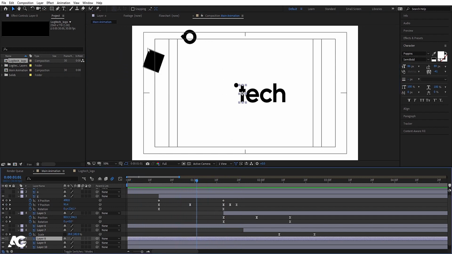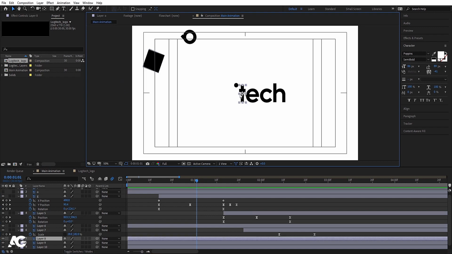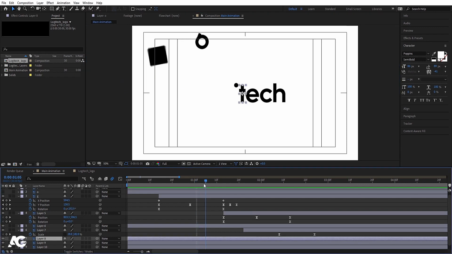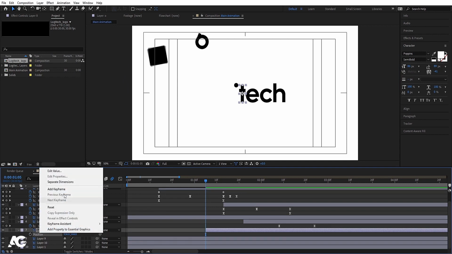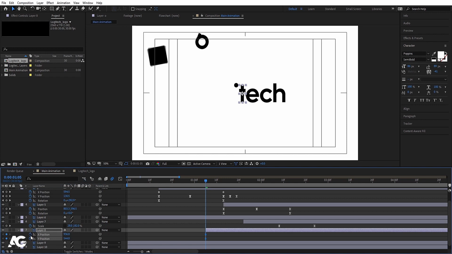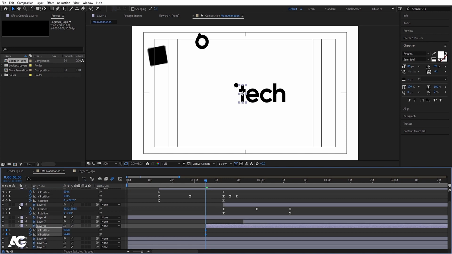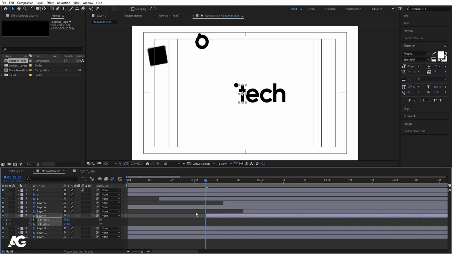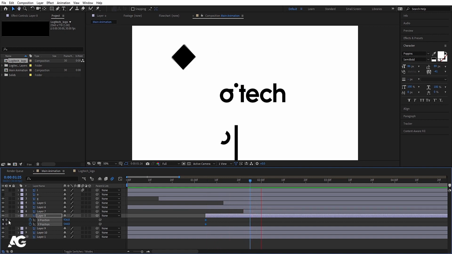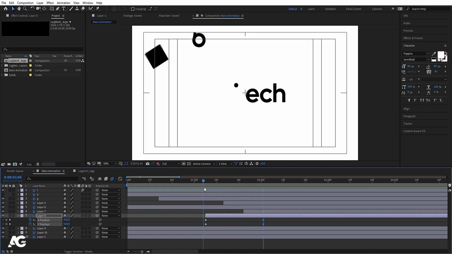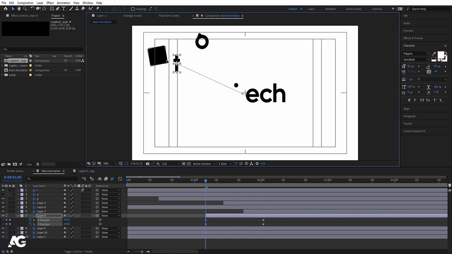So at this point I want this T to start animating. I'll select this T and move it over here, press P for position, right click, and choose separate dimensions, then create one keyframe at X and one keyframe at Y. Let's hide these keyframes, go a few frames forward, create another keyframe, go over here, and move this over here,